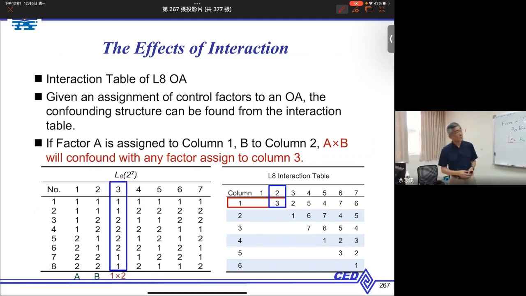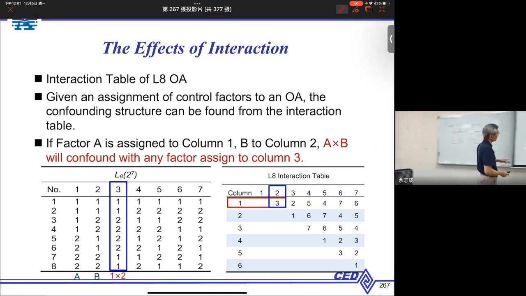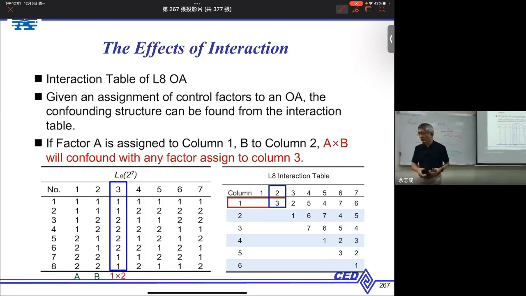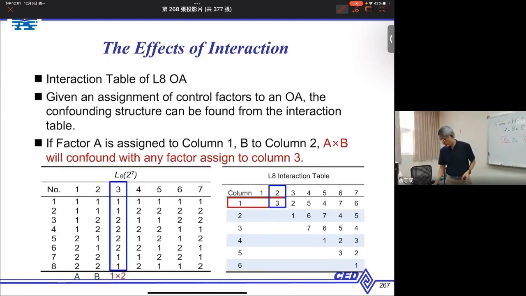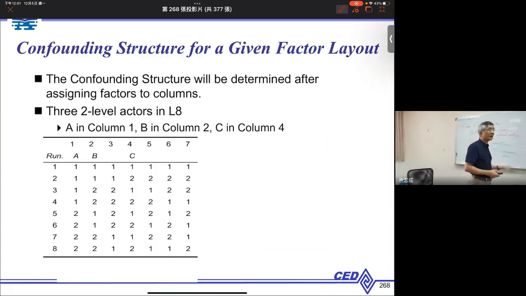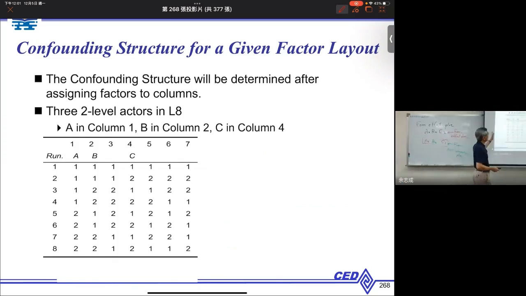So here you will know A in column 1, B in column 2, then the interaction of column 1 and 2 will happen in column 3 from the table. So here, 1, 2 will happen here. And here, 1, 2 is factor A and B. So the interaction AB will confound with column 3. Then we can find out the confounding structure for any assignment